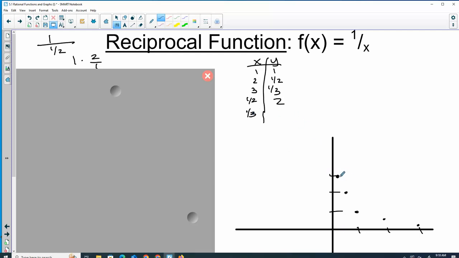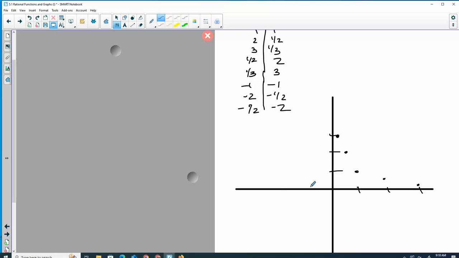All right. Will I ever do 1 divided by something and get 0? No. And we can't plug in 0. If I did some negatives, if I put in -1, we get -1. If I put in -2, I get... If I put in -1/2, I get -2. So what these graphs look like, these are curves, and it's getting close to the x-axis,